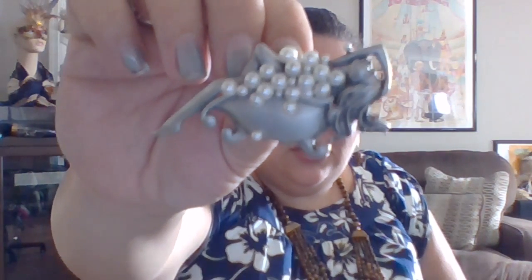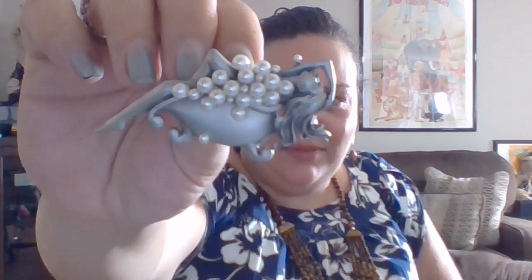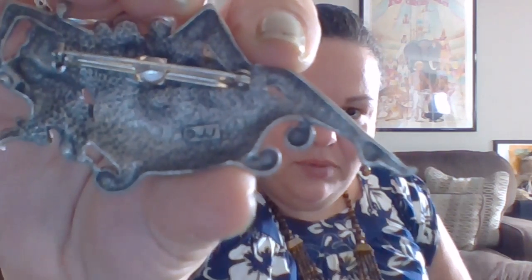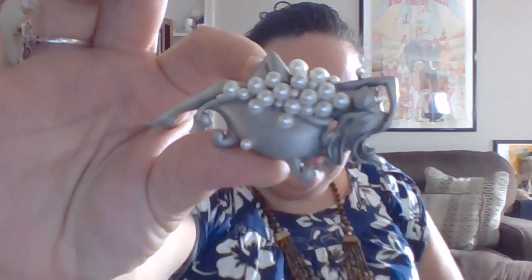This is a JJ. I was excited to find that because I collect the JJ pieces that I think are neat. And she's taking a bath and she's got bubbles and it's pearls and it's one of the pewter ones. I have them in gold tone, silver tone, and pewter. Different brooches or earrings. That one was nice that I was going to keep for myself. Put that in the